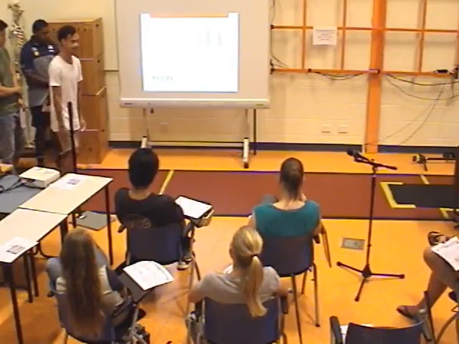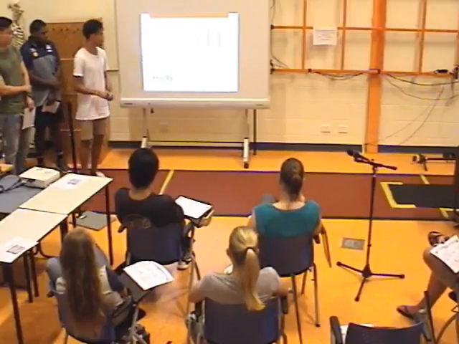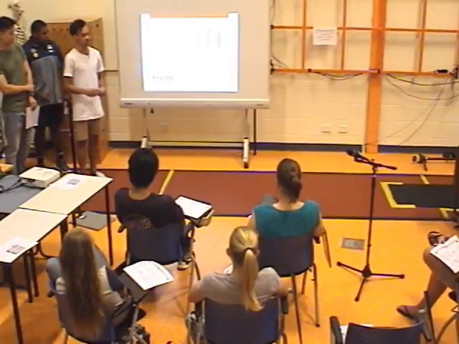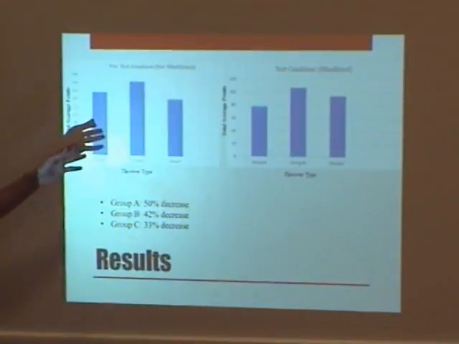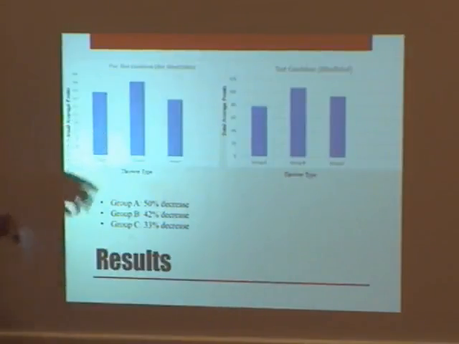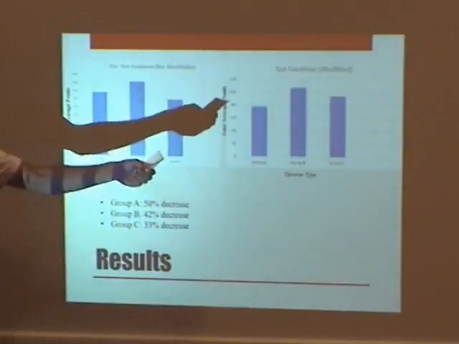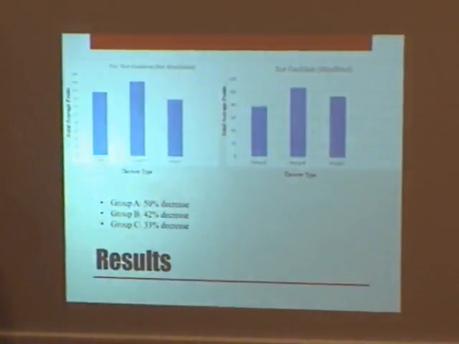So if you can't understand me, with the results that we've got, we decided to put everything into one and just get an overall average of what it actually was. So this one here is figure 1 on your sheets. It is the test one where you did it with no blindfold. The test conditions is the one where you were blindfolded. So we just summed up all of the ones that were done and averaged them out into groups A, B